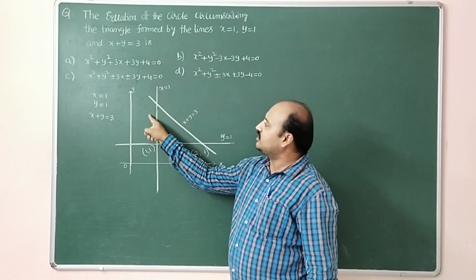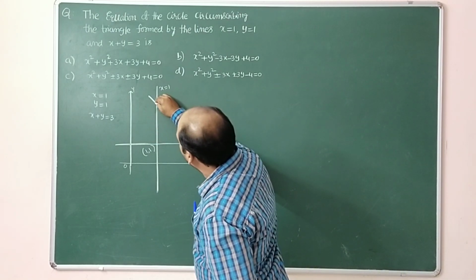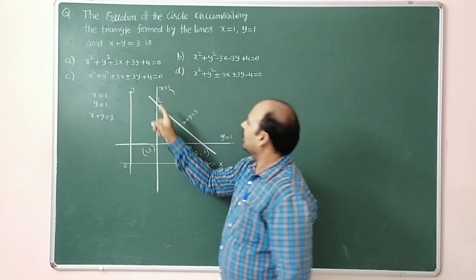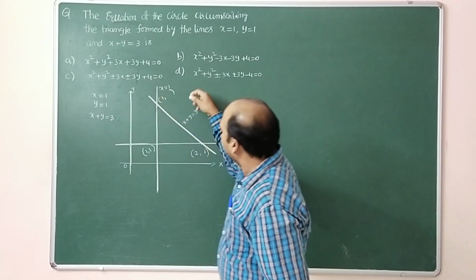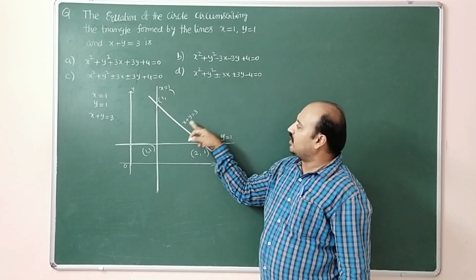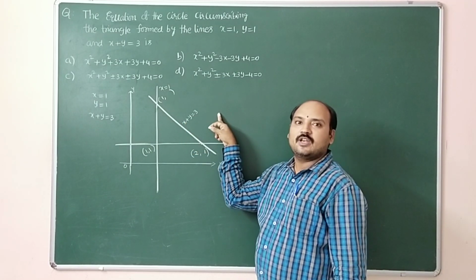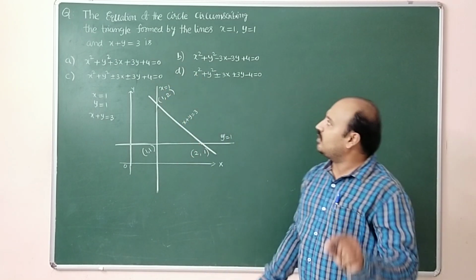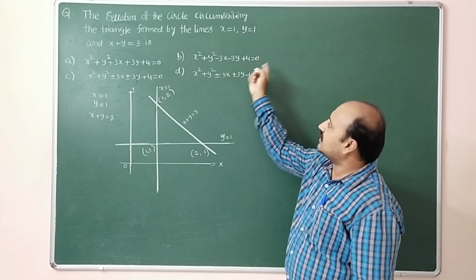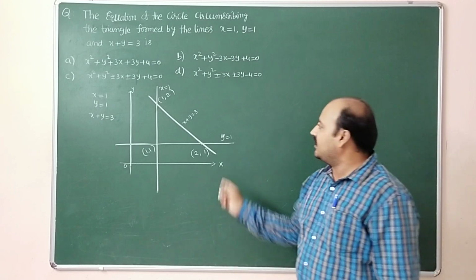Similarly, the point of intersection of these two, you can calculate. x = 1, substitute in this. So the x value is 1. 1 + y = 3, taking the 1 to this side, y = 3 - 1 = 2. So (1, 2). They are asking to calculate the equation of the circle circumscribing the triangle formed by these three